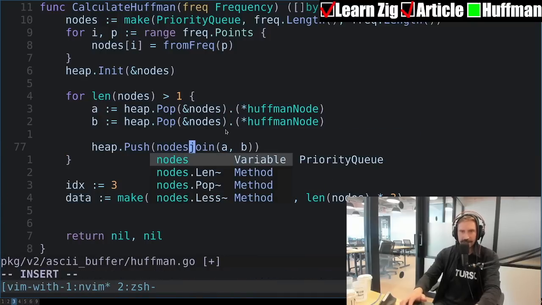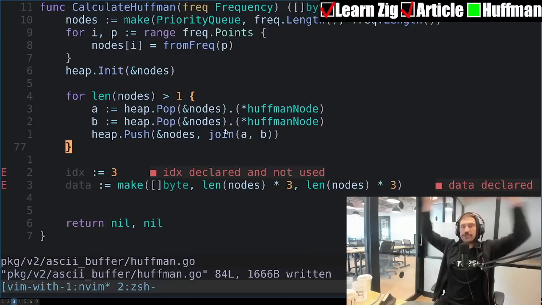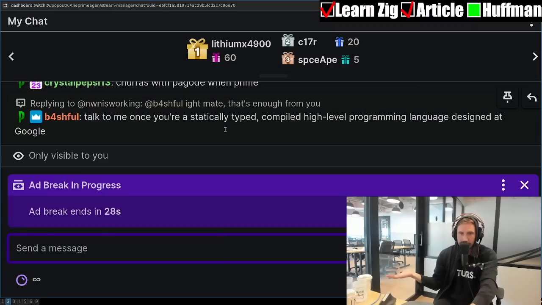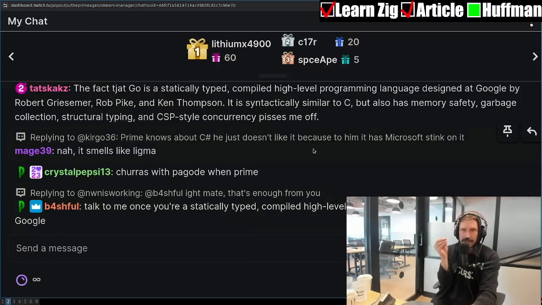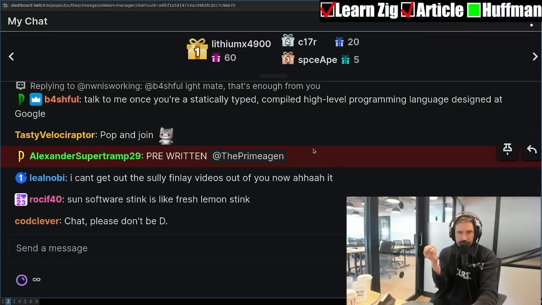Yes. I think this is going to work out. There we go. So we just keep on popping 2, joining, popping 2, joining, popping 2, joining. And we're always grabbing the smallest ones. This is why priority queue works. Does everyone understand priority queues? Priority queues just always grab the smallest values or the largest values.